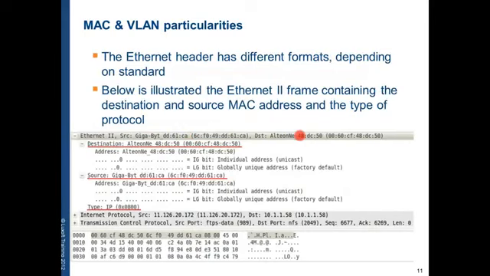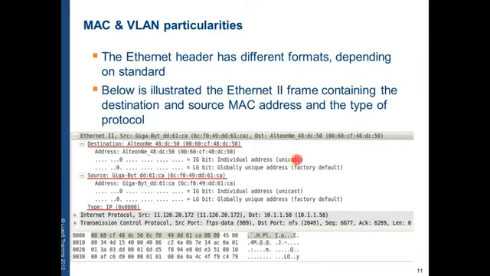The Ethernet header may have different formats depending on the standard that is used. It may be 802.3 or 802.2 LLC, or the most common one is Ethernet 2, which is shown here, and it's the most simple one. You have the source MAC, which is given here.